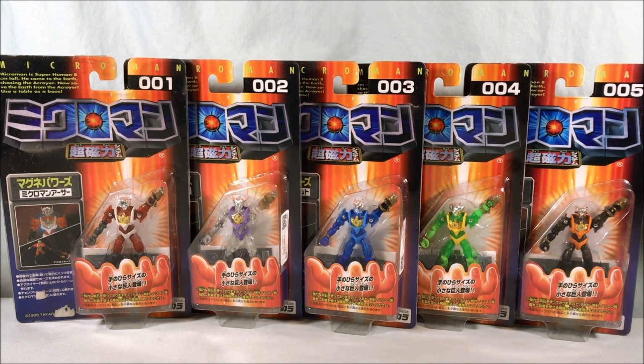But Microman existed for a time in the 80s and then kind of went dormant. Things get stale, so they go away. We're no stranger to that. But they brought it back in the very late 1990s, starting in 1999, and then a couple years after. Didn't last super long, but this line is called Super Magnetic